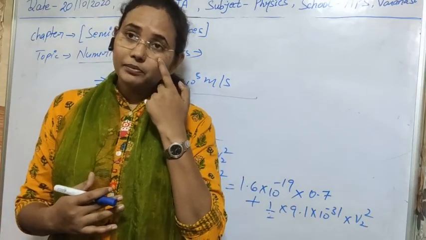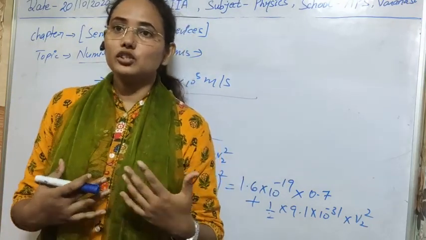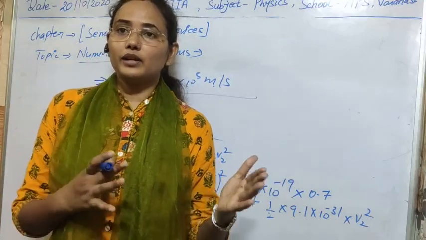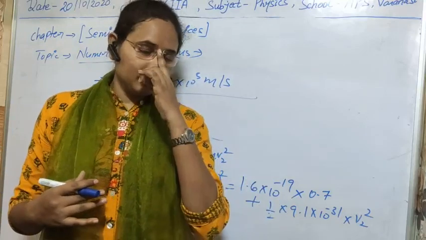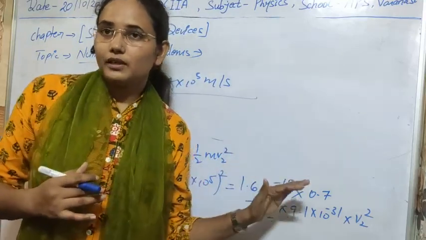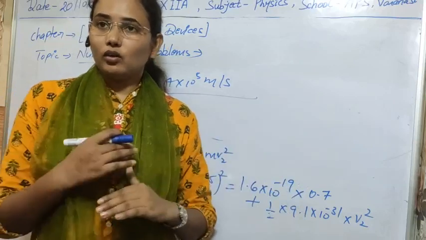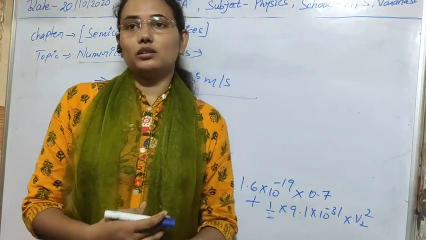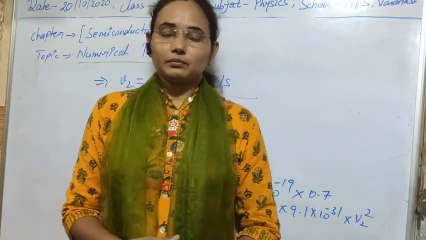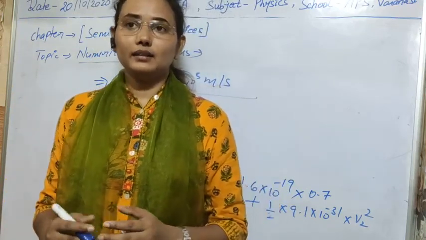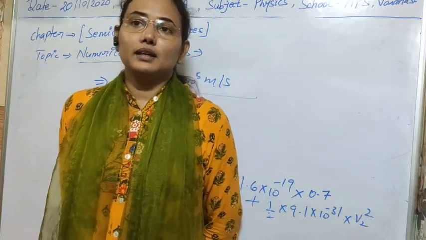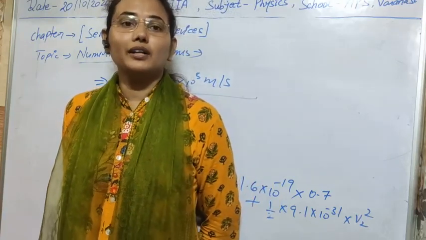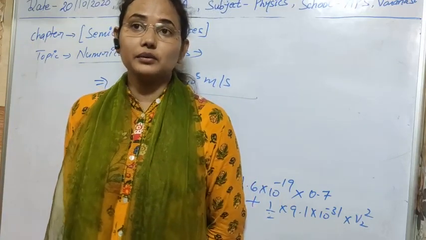Means there can be a lot of problems related to depletion region, diode, rectifier and other things. So I think the 5 different problems I have told you are all clear to you, and you can solve more problems based on these topics. I think all the numerical problems regarding the PN junction diode are clear to you.